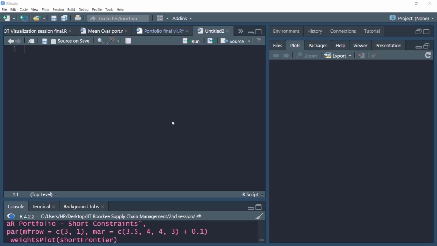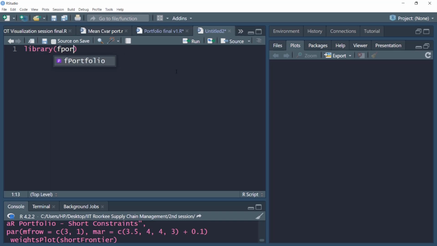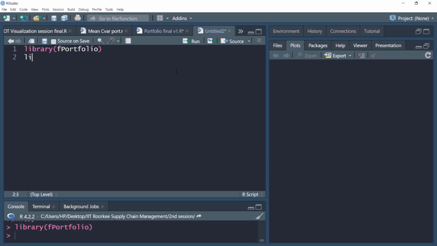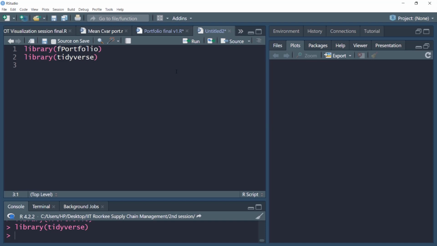As we start our journey of portfolio construction and its implementation with R programming, in this video we'll begin with downloading data from a very powerful and publicly available data source, that is Yahoo Finance. We'll start with downloading the securities. First, we'll load the relevant packages, starting with the library command for fPortfolio, that is the most important package for this. Then we have library tidyverse, and we'll keep these packages loaded for times to come, so that whenever we are running a function related to portfolio construction or portfolio optimization, we are able to run those.